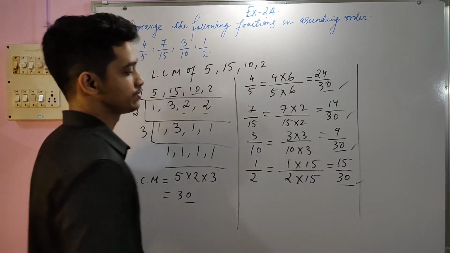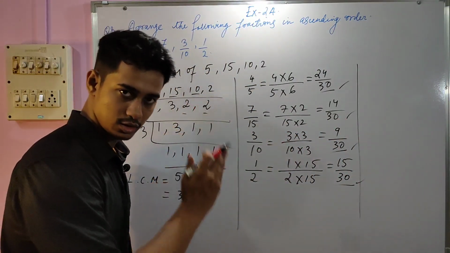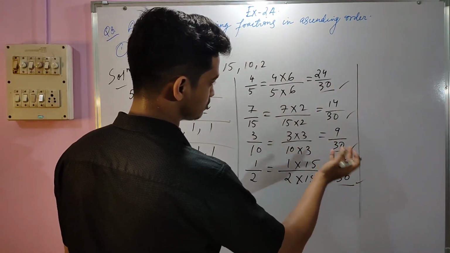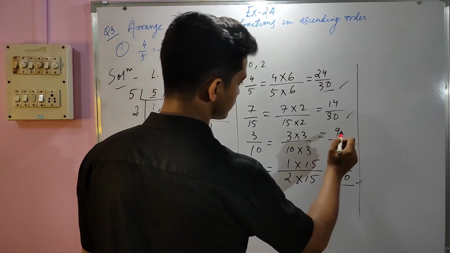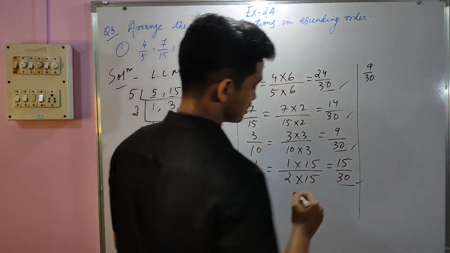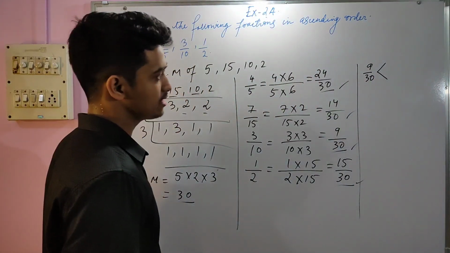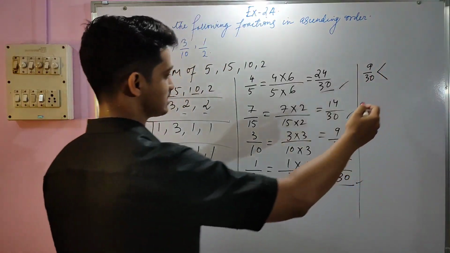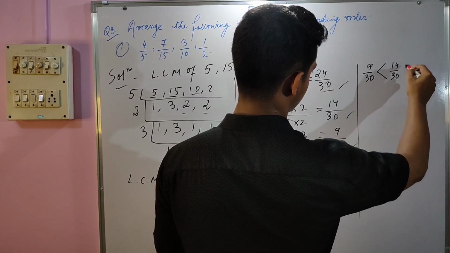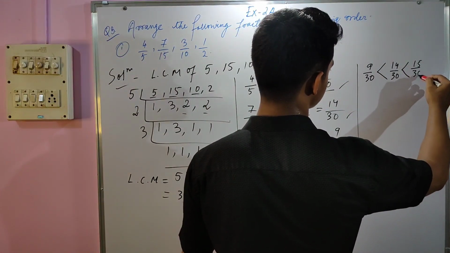So what we have to do? Ascending order is nothing but lowest to largest, right? So what is the smallest number? Smallest number is 9 by 30. So 9 by 30 is the first number. Then we have to give the less than sign, right? Because 9 by 30 is less than 14 by 30. Then again less than 15 by 30. And last but not the least,